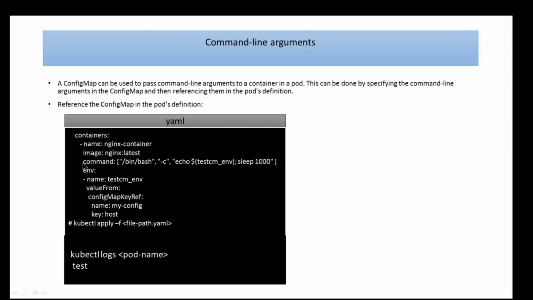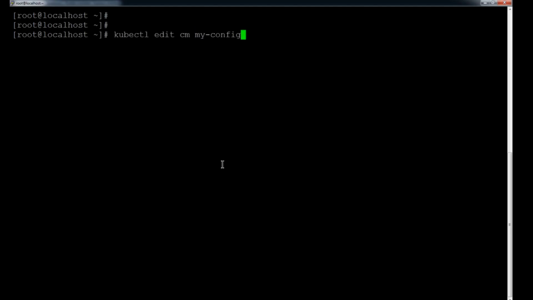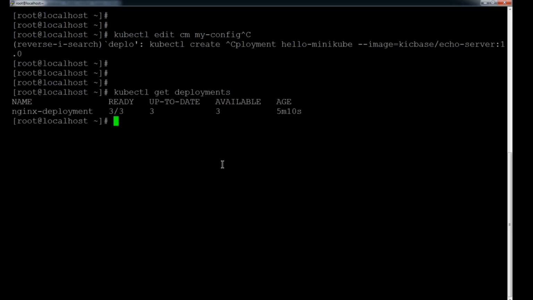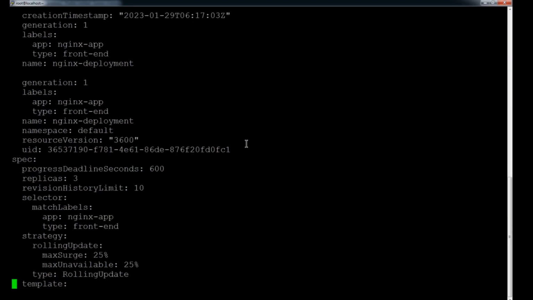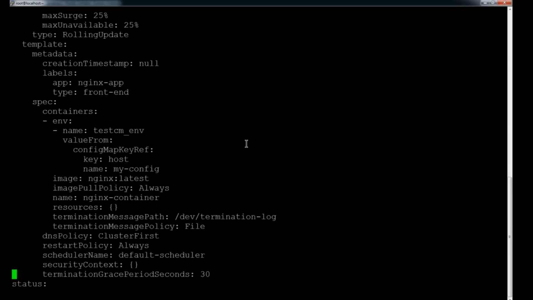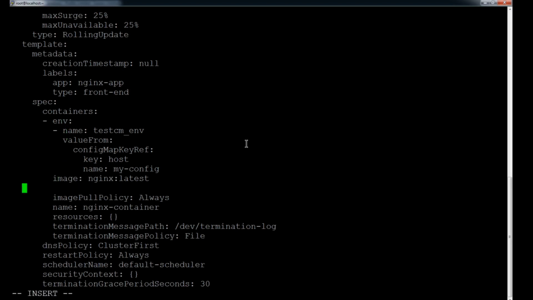Let's see this example too here. I'm gonna edit my same deployment file. Here I have one deployment. I'm going to edit that deployment. So give this deployment name here. Right. Come here. So in the container, you can add the command anywhere. I'm going to add it here. So command